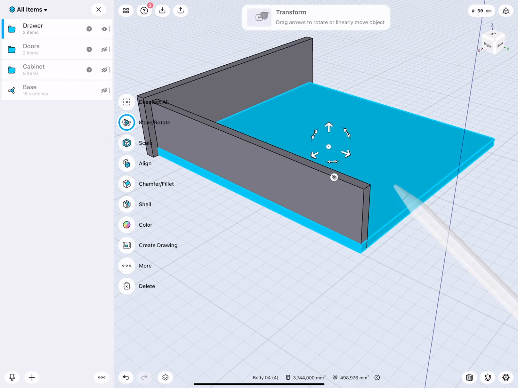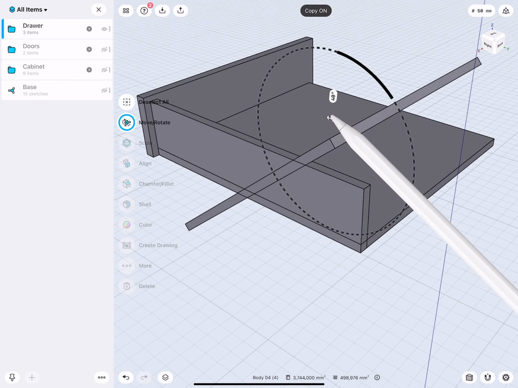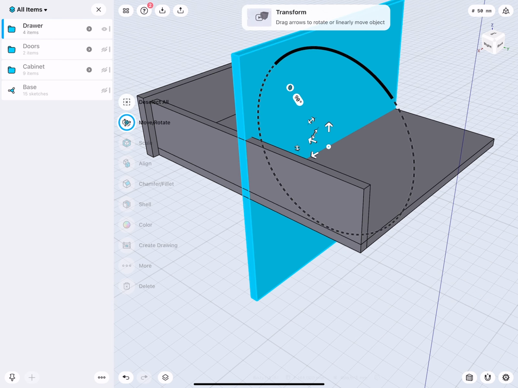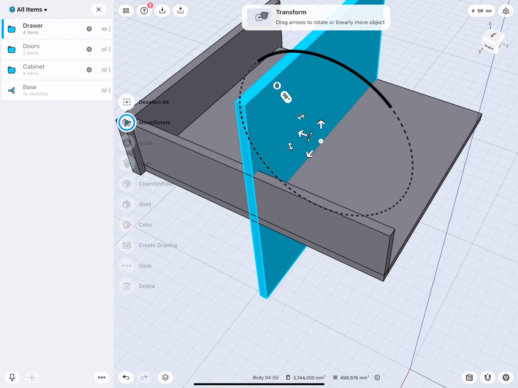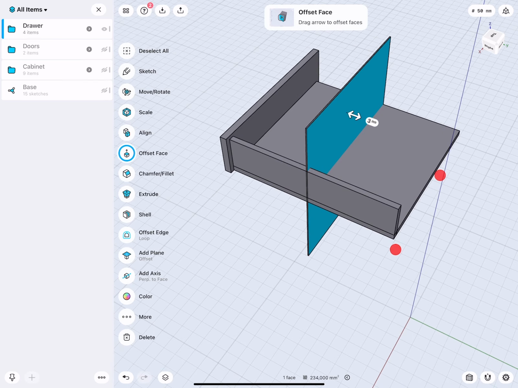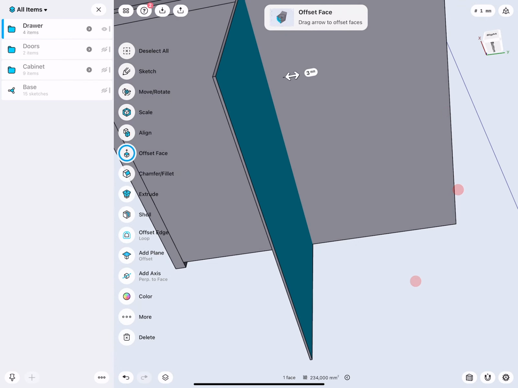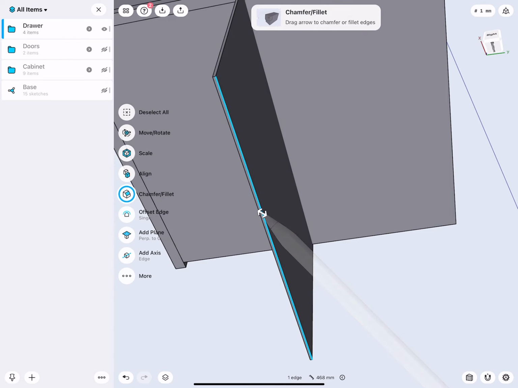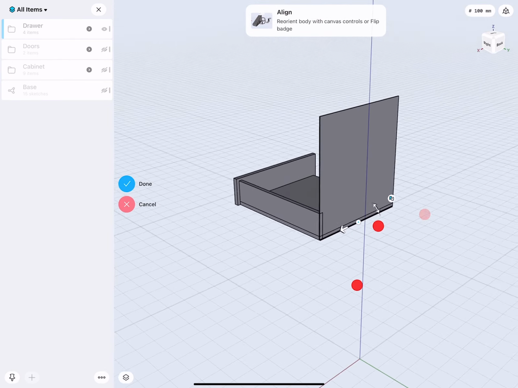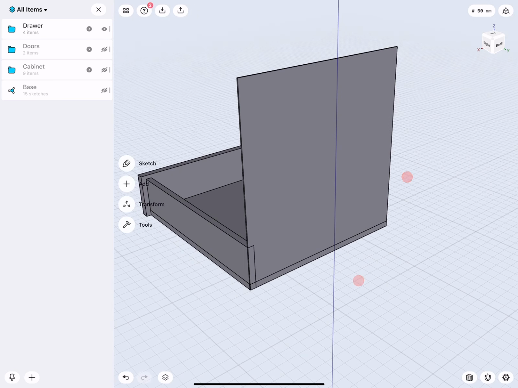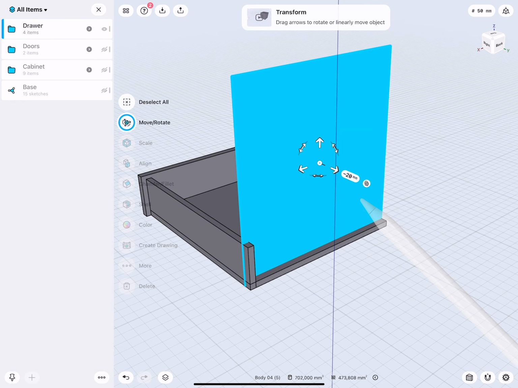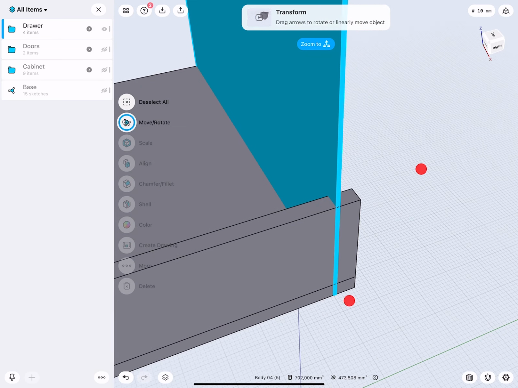I will select this one, make myself a copy again and rotate it 90 degrees. That is good. So thickness, 3mm. Very nice. Then this edge to this edge, align. And this minus 20mm, so 2 centimeters, we move it in.